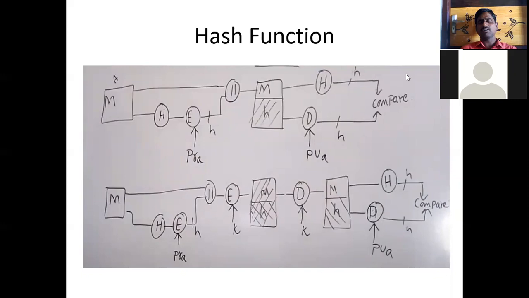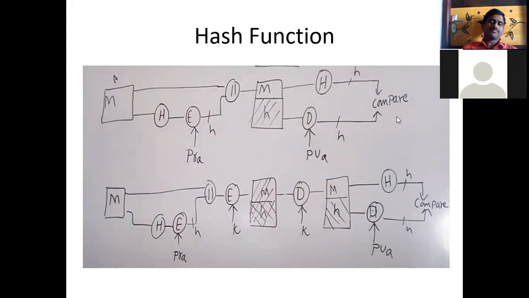It is sender side. Now the receiver side, it has to be decrypted and it needs to get the original text. So you are performing the decryption with a public key of A, so that you will get a H. Okay, and here on the plain text, it is performed the hash function. So after performing the hash function, you will get a hash code, and both these hash codes are compared here.